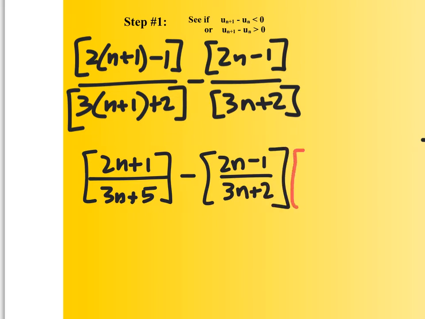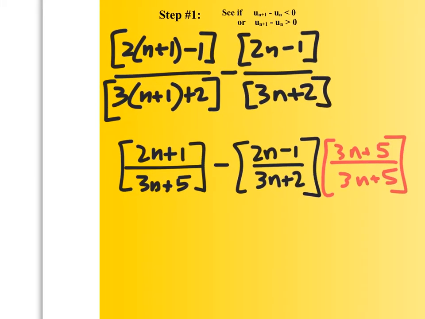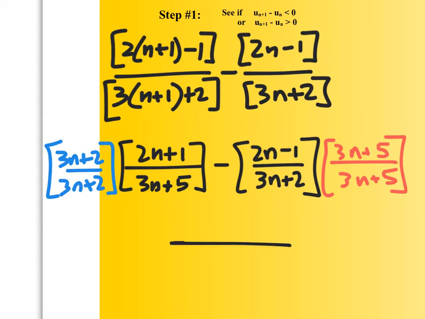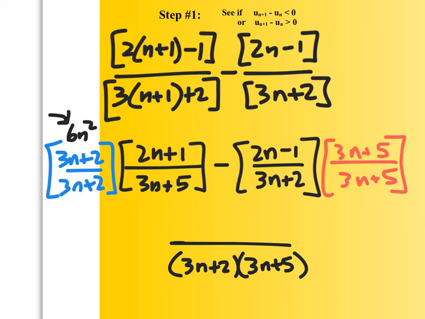That means I'm going to multiply top and bottom over here by 3n plus 5, and top and bottom over here by 3n plus 2. There's a whole lot of work. Goodness. Okay, so then I got to FOIL. In the denominator, I know I'm going to have 3n plus 2 times 3n plus 5. I'm not going to FOIL that piece. In the numerator, over here on the left side, I'm going to have 6n squared